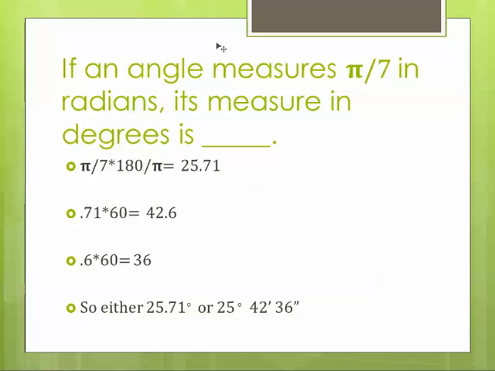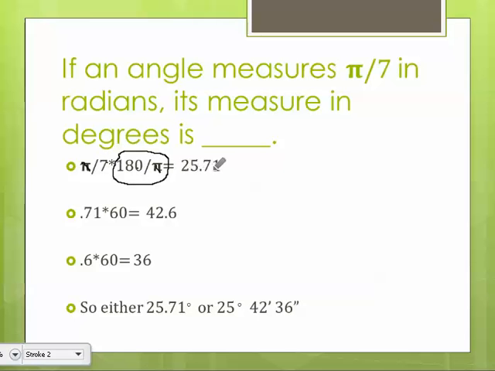We are looking at Unit 1 and we're dealing with some issues that we need to make certain we understand how to do. If an angle measures pi over 7 in radians, what's the measure in degrees? Well, there's an easy conversion factor. Radians to degrees, you multiply by 180 over pi. Why? Because there are 180 degrees in one pi of a radian. So when we multiply by 180 and the pi's cancel each other out, you're left with 180 divided by 7,